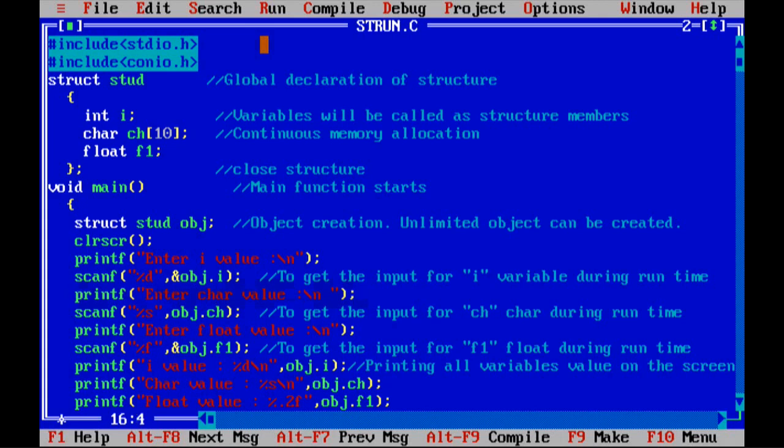Then next, scanf with percentage s. Now if I'm going to use a single character only, then it will be percentage c, for a single character. In that case, the ampersand is needed. Now, I'm going to get a collection of characters, so the ampersand is not required, and it will be percentage s. Okay, then next, printf "enter float value"